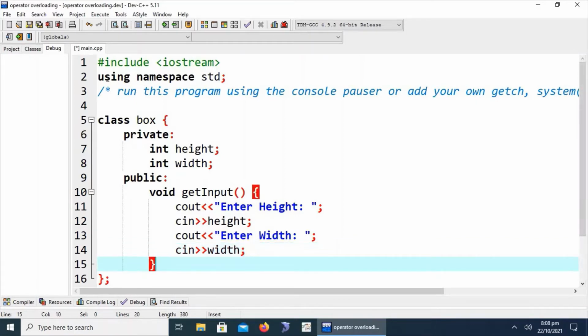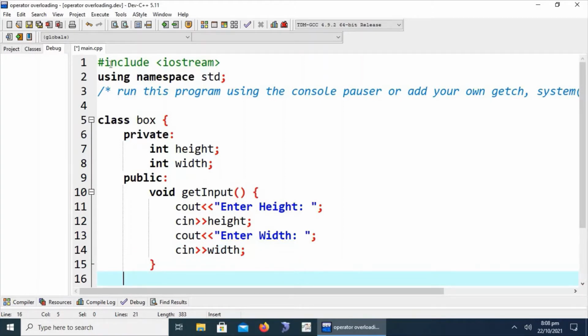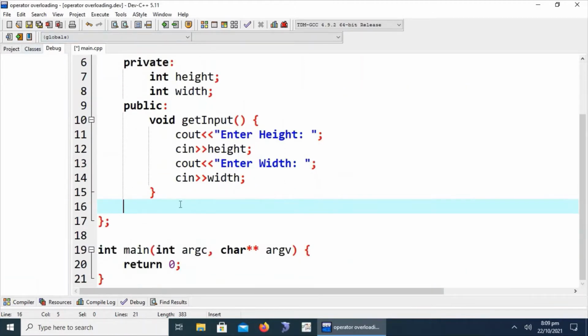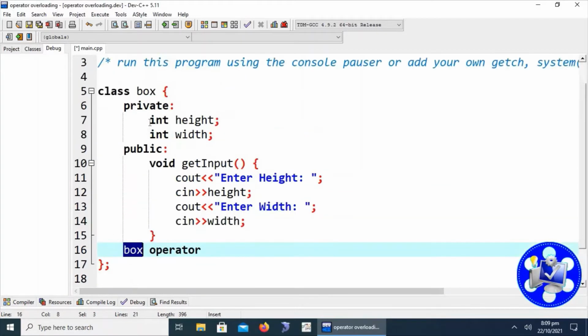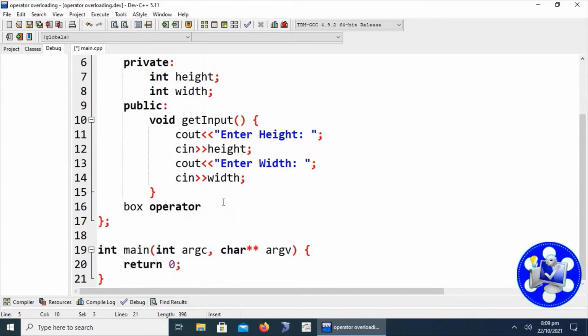Now we are going to write the operator overloading method. We will see in detail the syntax for writing the operator overloading method in a class. We are going to declare the operator overloading method. If we are going to do any binary operation, then we must specify the return type as the class name, because we have to return an object of the same class.